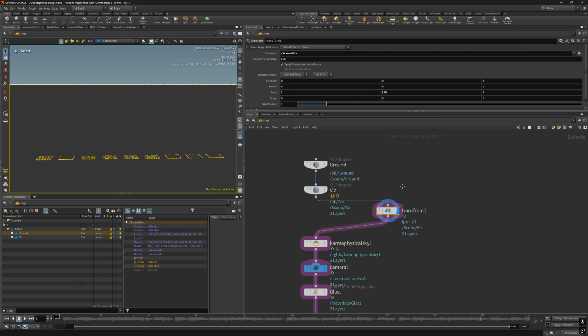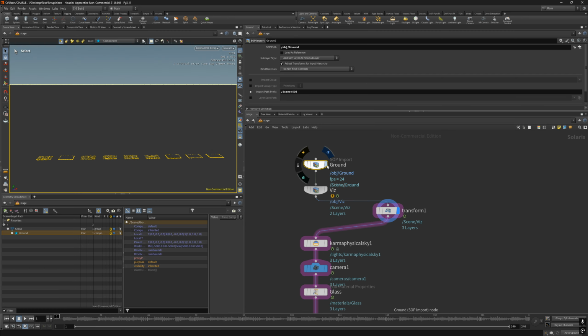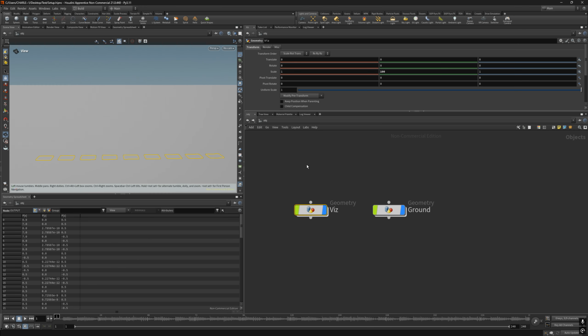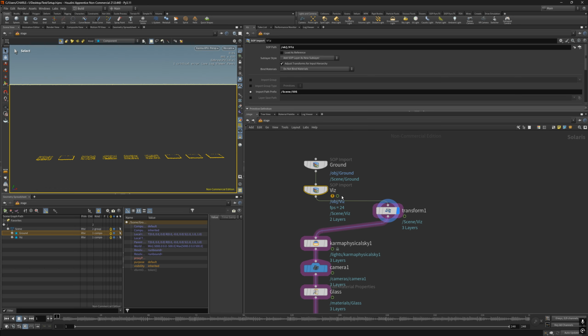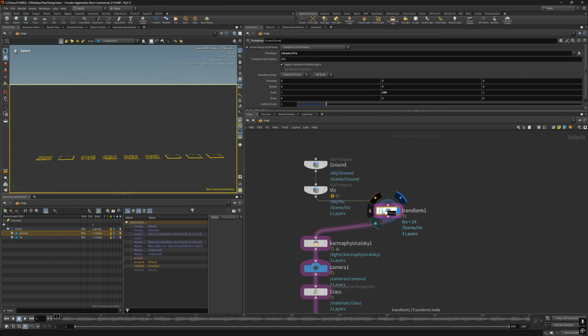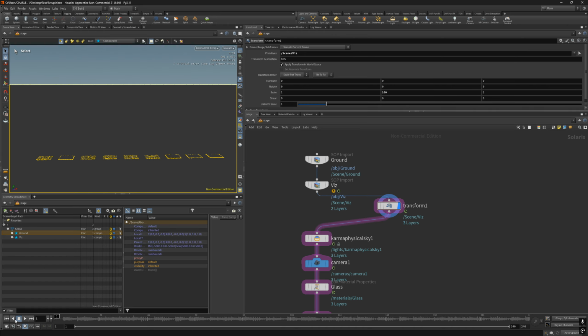Now, this step is because you will be surprised, if you just import the viz, the scale is not imported. So previously, when I set up this guy, we set a scale here, right? But as it turns out, when you are importing those geometries in the SOP context, the scale is not transferred. So I have to do another transform specifically on this viz primitive and then set the scale to 100. That way we can actually see something. And then now if you play with this,